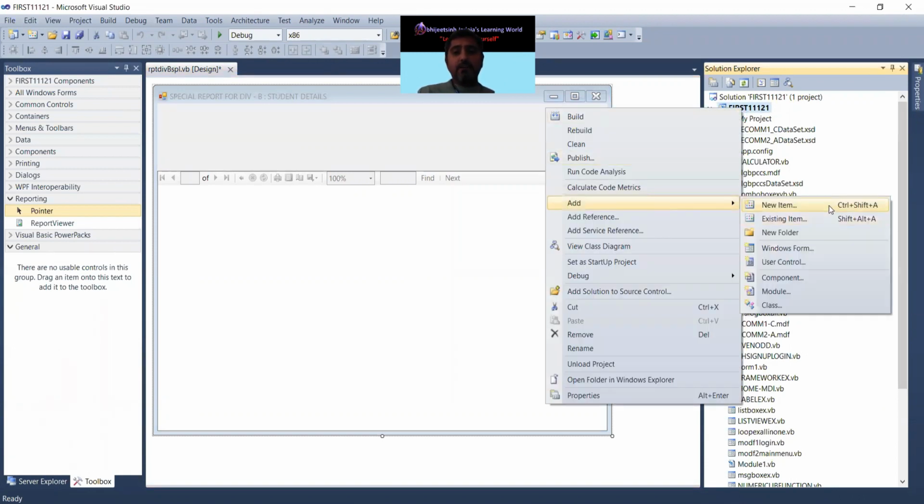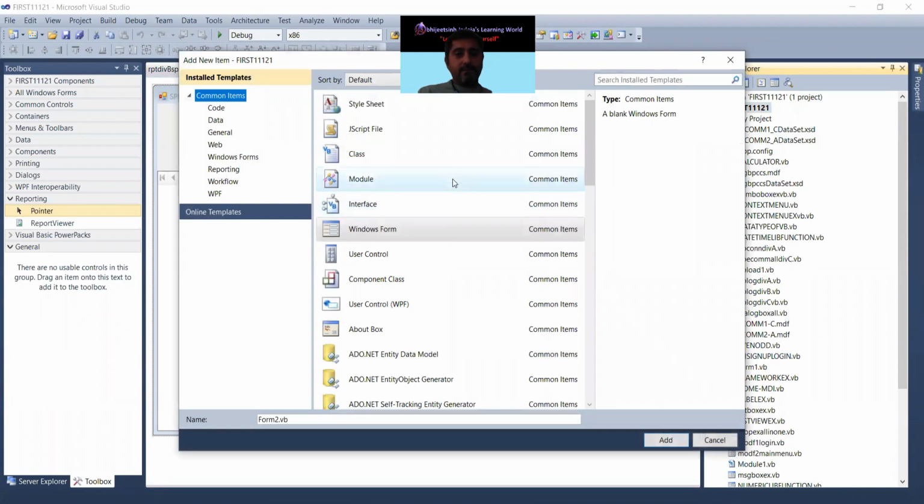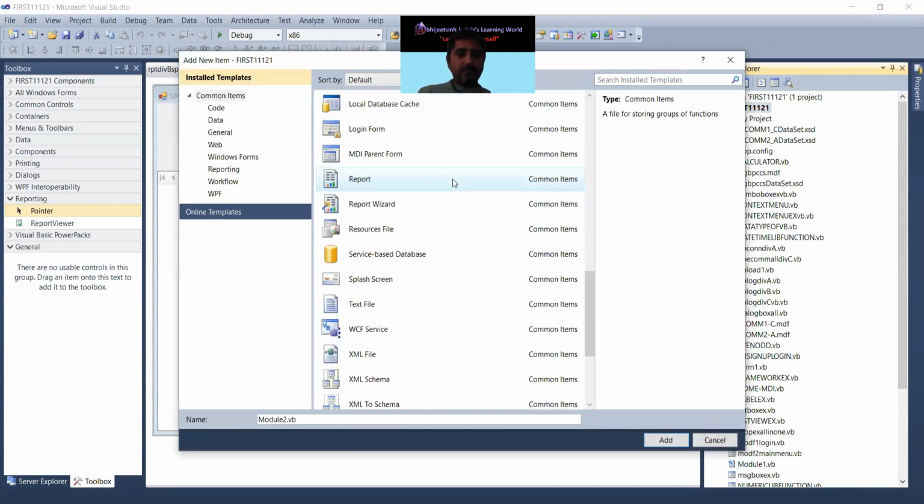Add new item. This is Report. Report1 is there, but I don't need this name. I would like to set RPP SPL division B, report special division B.